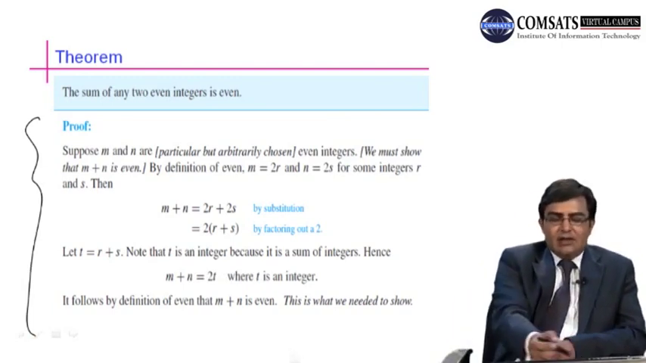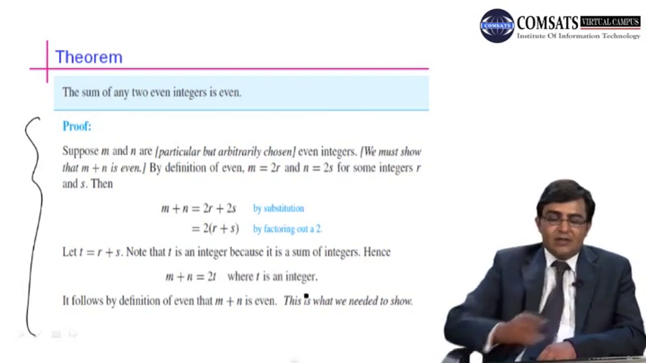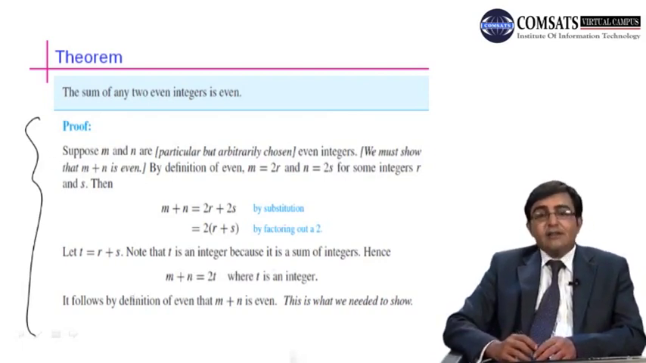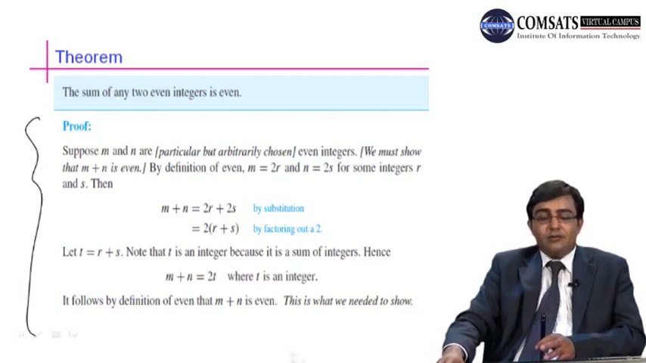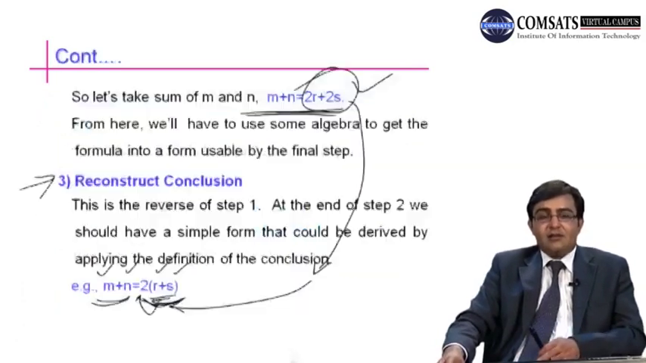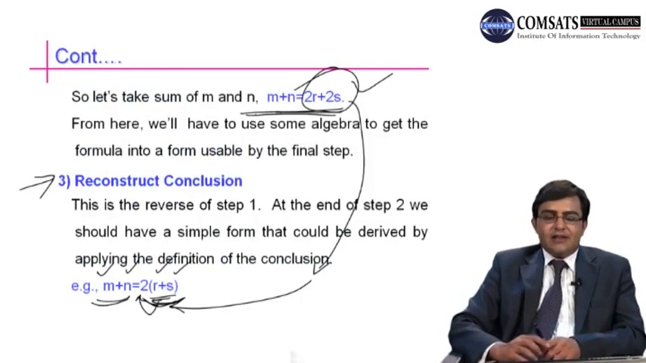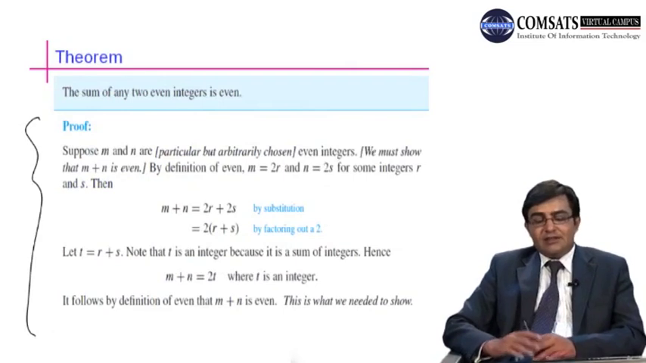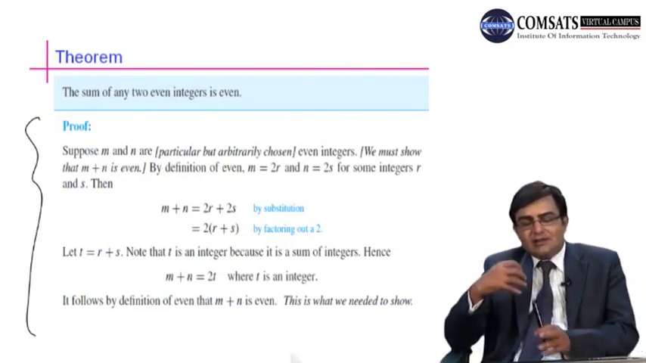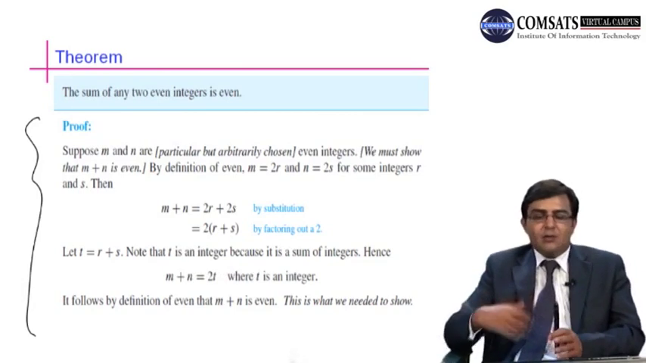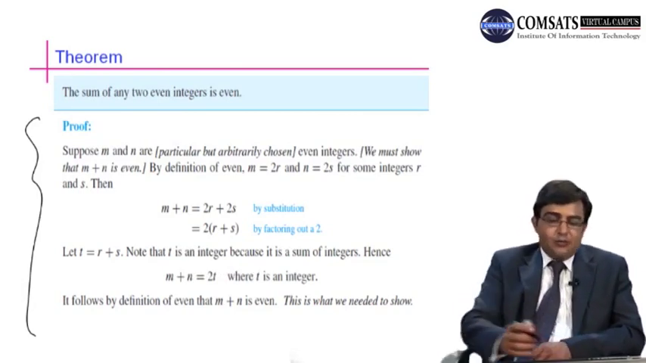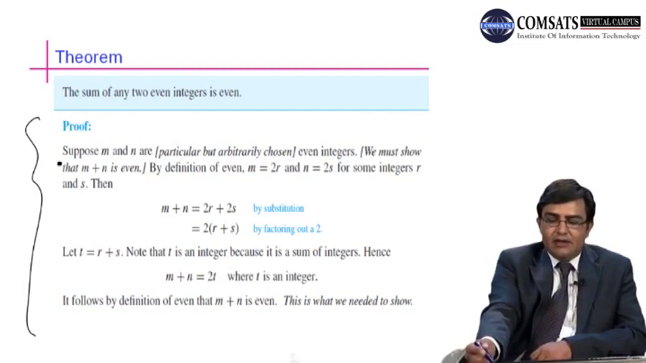In this proof in the book, he didn't explain all the steps, but the steps behind the direct method of proof are the same: construct axioms, mathematical insights, and reconstruct the conclusion. There is no need to separate these steps; you just think these steps in your mind and proceed with the proof. Suppose m and n are even integers. By the definition we have